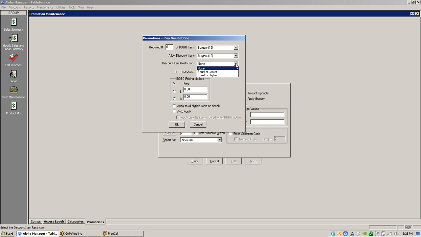Let's say you want equal or lesser value. So your buy one, get one free. What happens is, let's say you've got a chicken sandwich or a hamburger. We'll take a hamburger as an example. You have a hamburger that's $10.99, and then you buy a hamburger that's $6.99. What it's going to do is it's going to take the $10.99 burger as a price and then discount the lesser value burger. And you can use either one of these, the equal or lesser, equal or higher. It just depends on how you want to